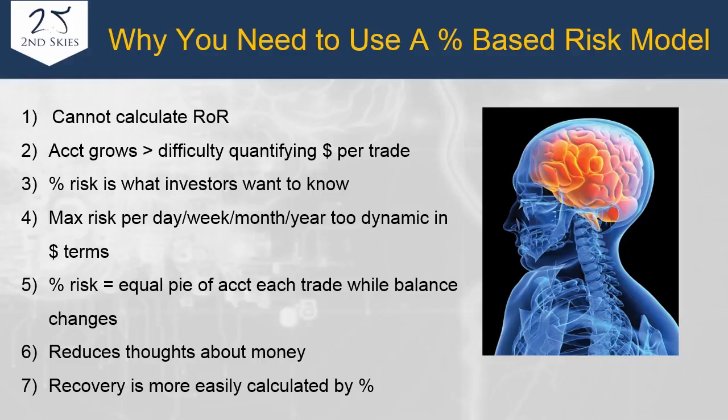But if I just set a fixed number, $50,000, as my account grows and contracts, that number doesn't really match with the account. Just in pure quantitative analysis of the numbers, there's nobody trading with large size who is thinking in dollar amounts. They're thinking in percent risk. Number 3, if you want to get funded,